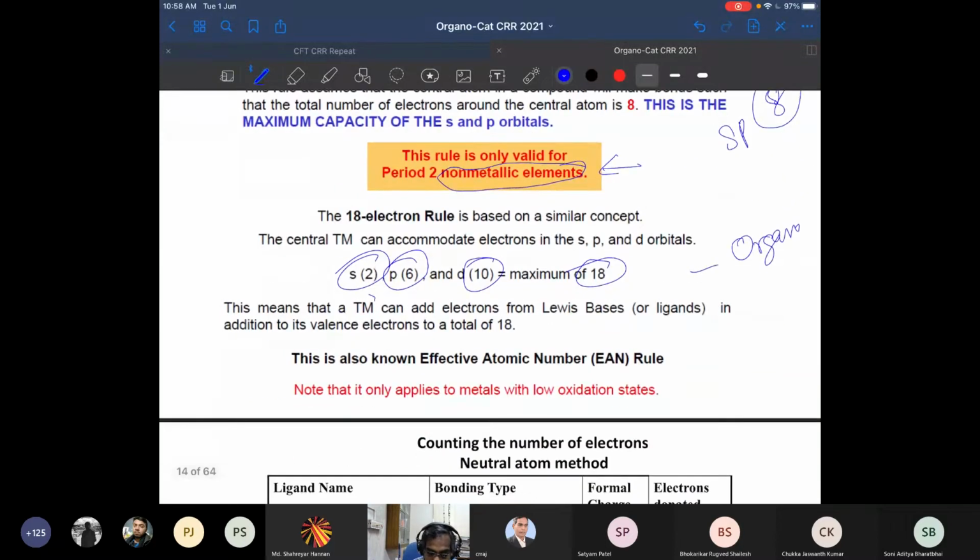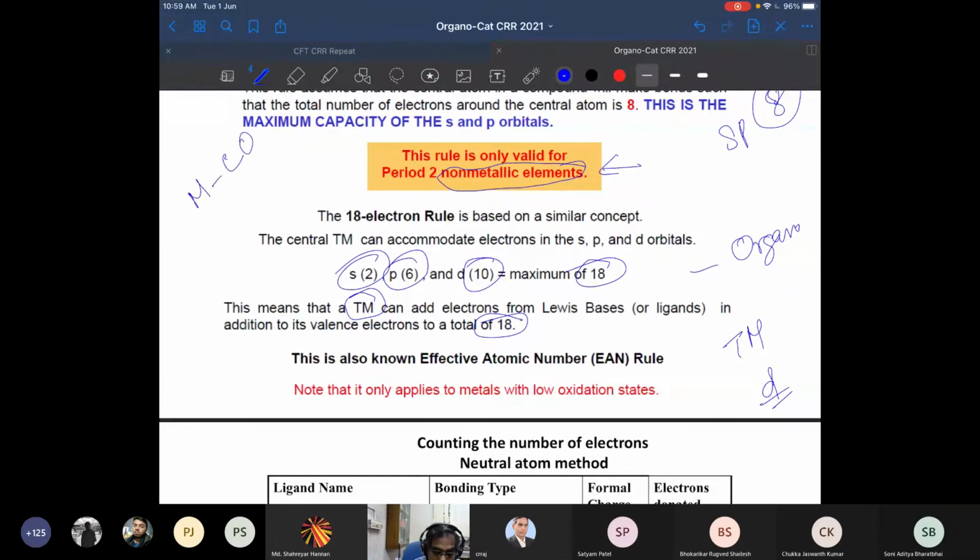Basically, a transition metal, TM, is a transition metal complex. A transition metal can add electrons from a Lewis base in addition to its valence electrons, to a total of 18 electrons. Transition metal, you are talking about the D electrons, right? And then it can add further electrons from the ligand. As I have mentioned, the metal